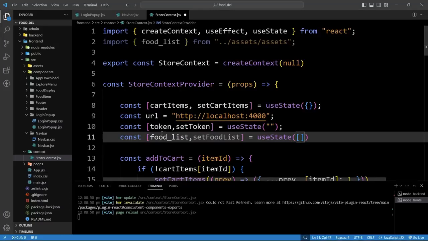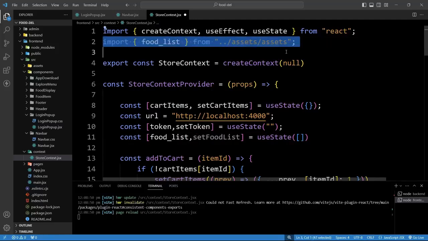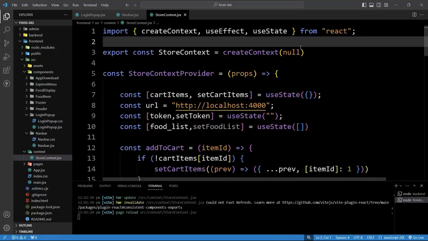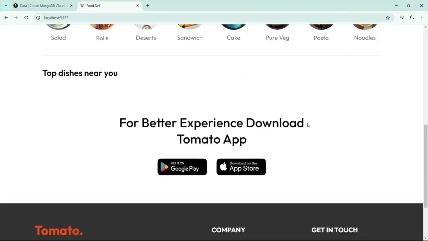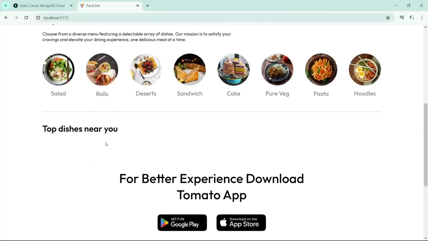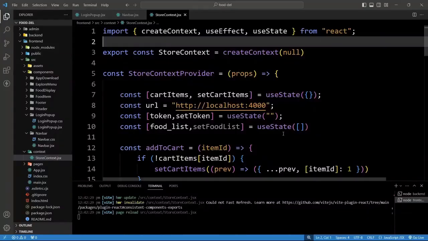So we have created the food list. Now we can remove this imported food list. We will save the changes. Now in this food list we don't have any item. If I go to the front end, here we don't have any item because we have not added the data